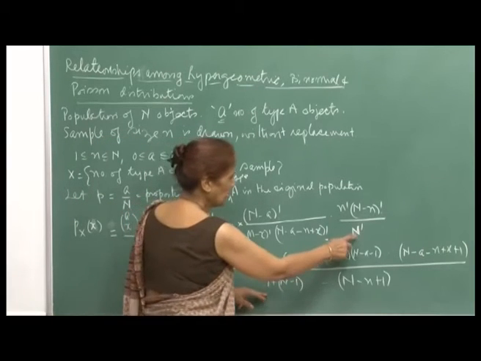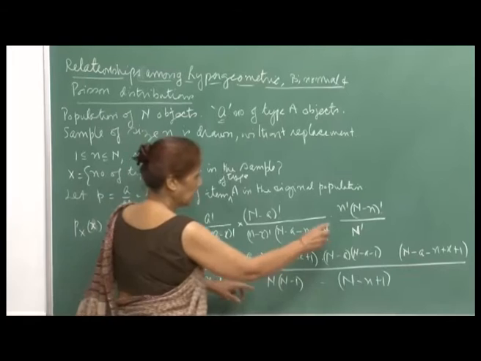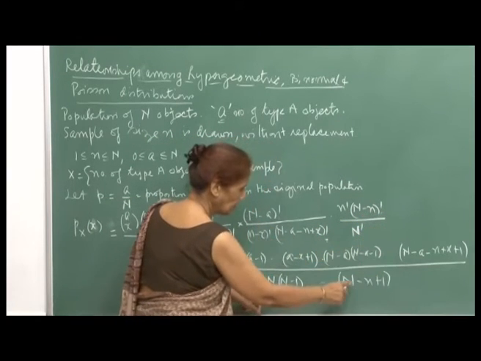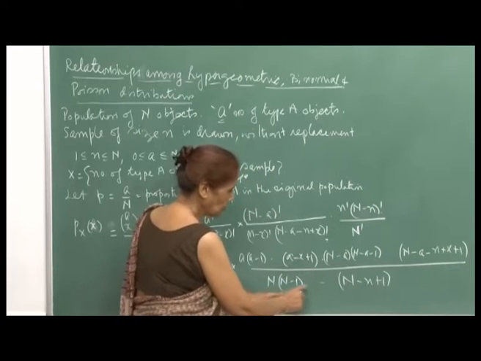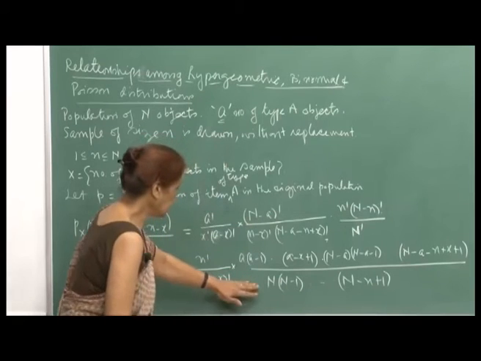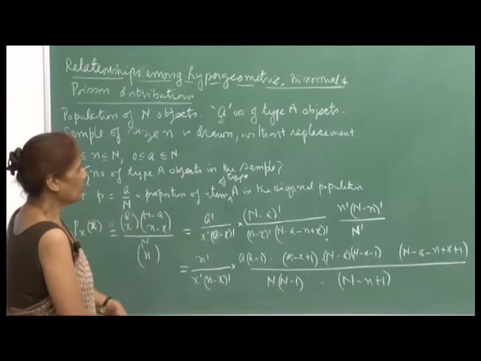And then here similarly N factorial I have used here. Now, here N minus n factorial, so those terms will cancel out and you will be left with N up to N minus n plus 1. So, from here to here, this is fine. Right. Now, what I am doing is